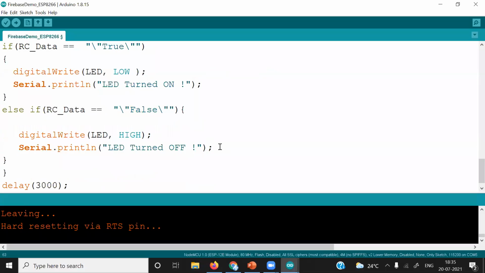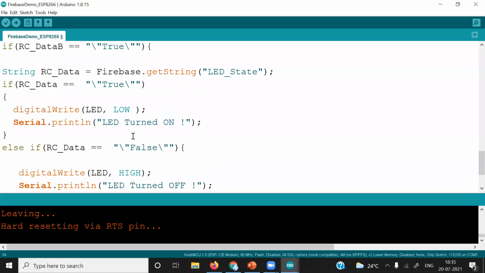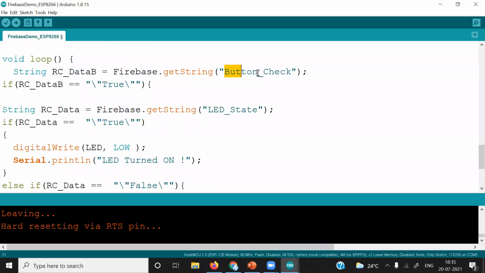To do that, just use Firebase dot set string and give the first argument as path. To what path? This path, button check.